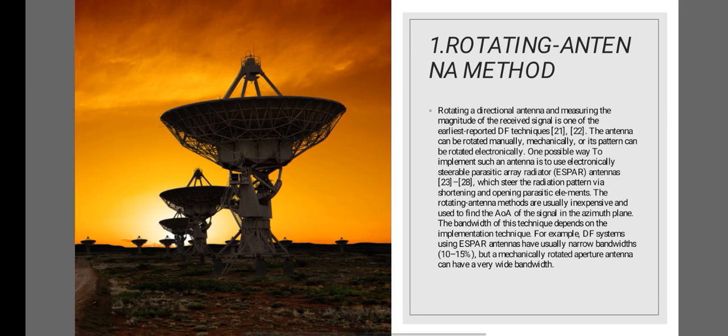Here, at first, the rotating antenna method. Rotating a directional antenna and measuring the magnitude of the received signal is one of the earliest reported DF techniques. Here, the antenna can be rotated manually, mechanically, or its pattern can be rotated electronically. One possible way to implement such an antenna is to use an electronically steerable parasitic array radiator, known as ESPAR, which steers the radiation pattern via the shortening and opening